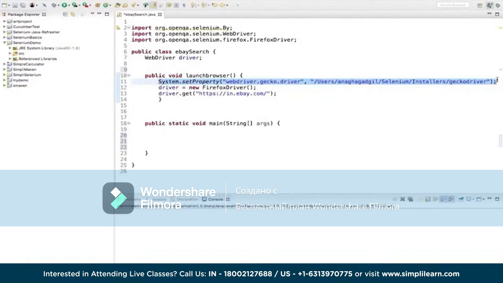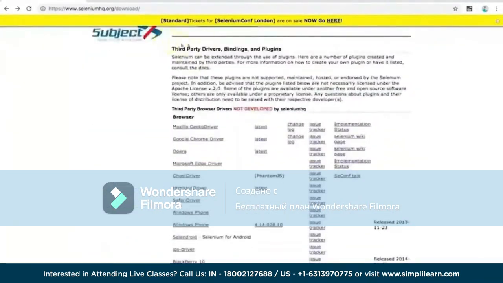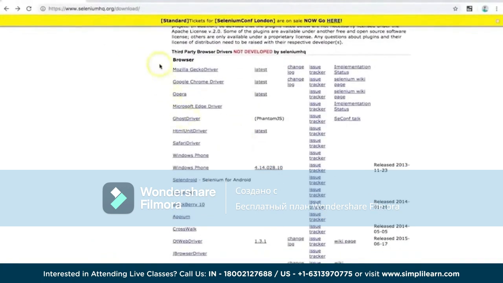Also, while explaining the architecture, I said every browser has its own driver which you need to download and install. Where is this driver? Let's see that on seleniumhq.org. Let me go to my Chrome browser. I already have the seleniumhq.org website open here. On this website, in the download section, if you go down, you can see something called third-party drivers, bindings and plugins. Here you would see a list of all browsers: Gecko driver, Chrome, Opera, Edge,